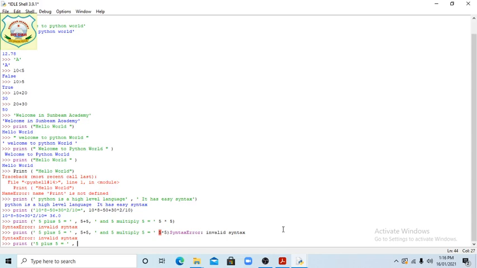Then 5 plus 5 and 5 multiply 5 equal, comma, it should be a comma.